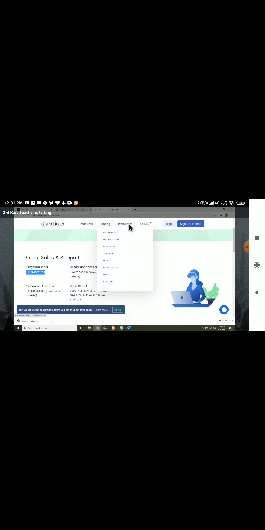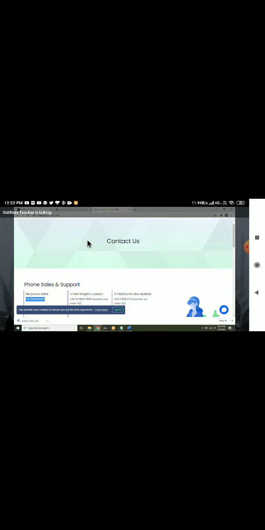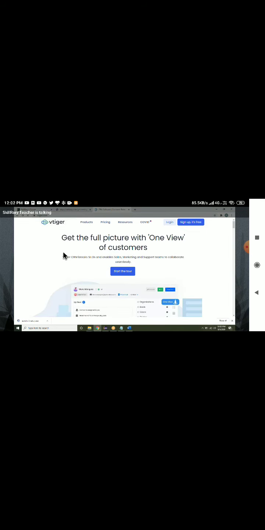In a few applications, if you click on resources, it will go somewhere else, to the resource page only. Instead of that, I want to just move, that's it, I don't want to do anything. In that case, you can use it.